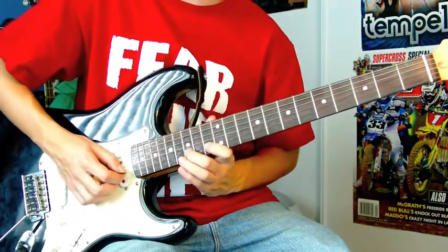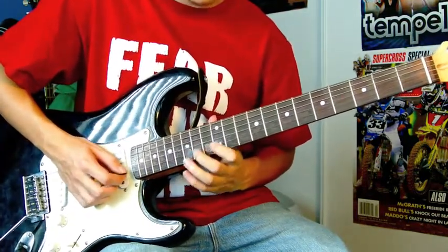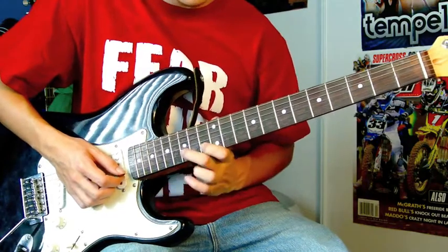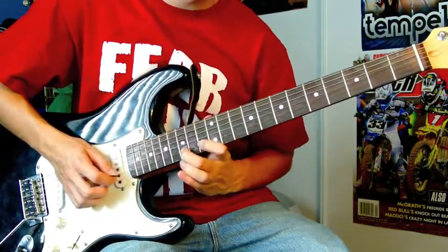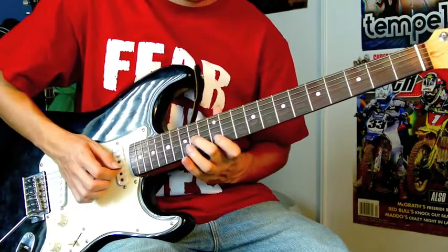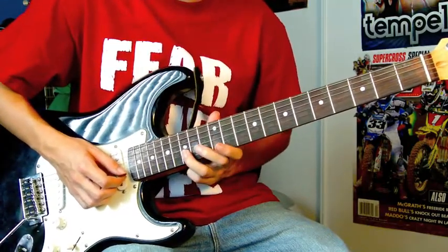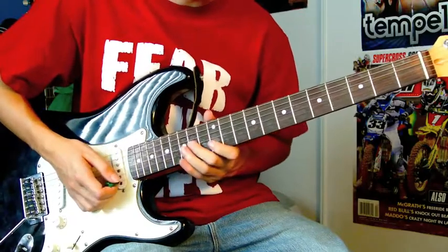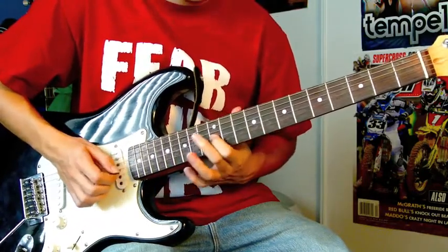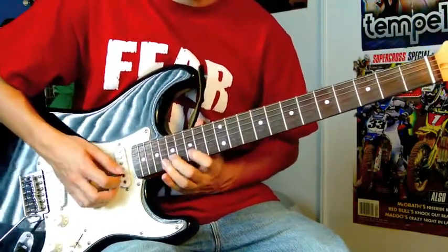And then go back up to the 15, and you're going to bend that one. Then you're going to do 16th notes of the 13, the 15, and then the 13 again, and slide down to the 12. And then back up to 13, 15. And that note right there is the 14 on the D string. Then you're going to pull off 15, 13, 12, and then 14 on the D again. And then 15. So that entire outro solo is...